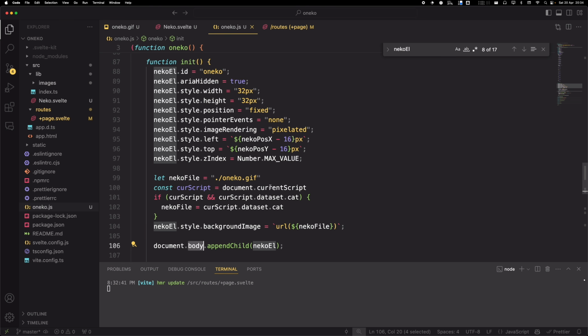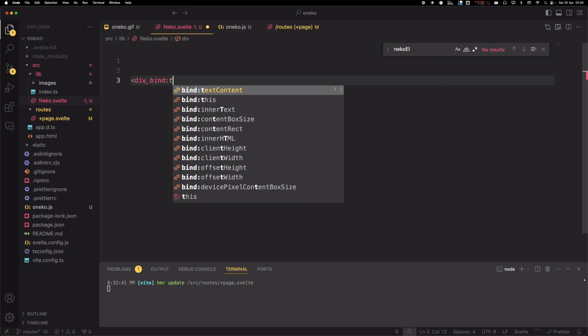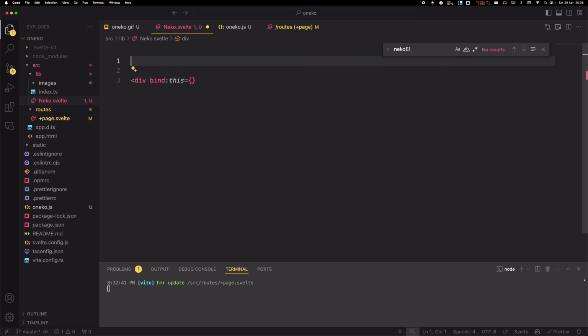So how do we do this in a Svelte way? Well, Svelte gives us a way to create elements without having to do this sort of thing. In Svelte, it's very simple. All we need to do is create a div to start with. And in order to be able to call into it programmatically, we use something called bind:this. So let's go ahead and define the